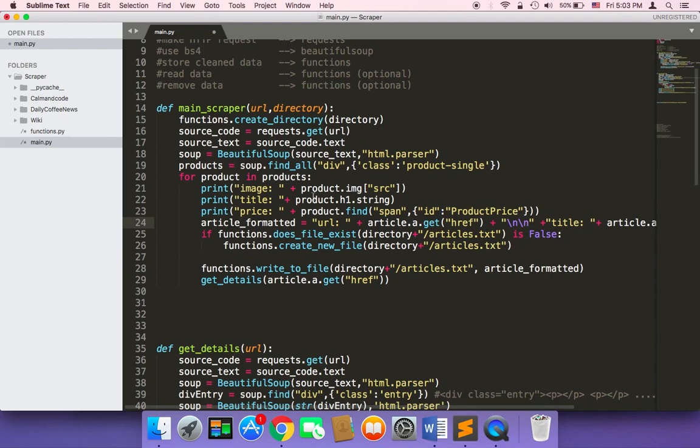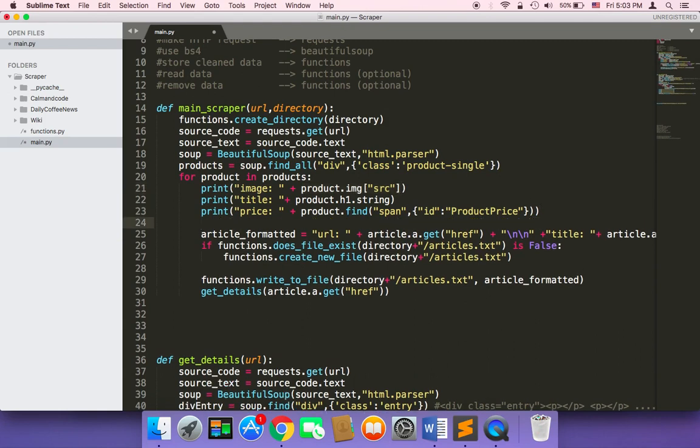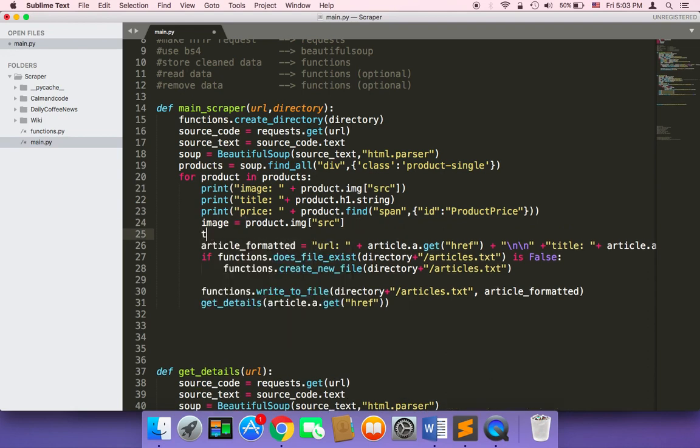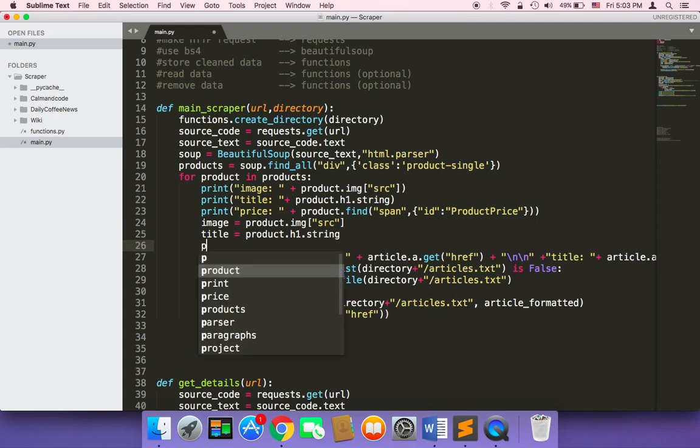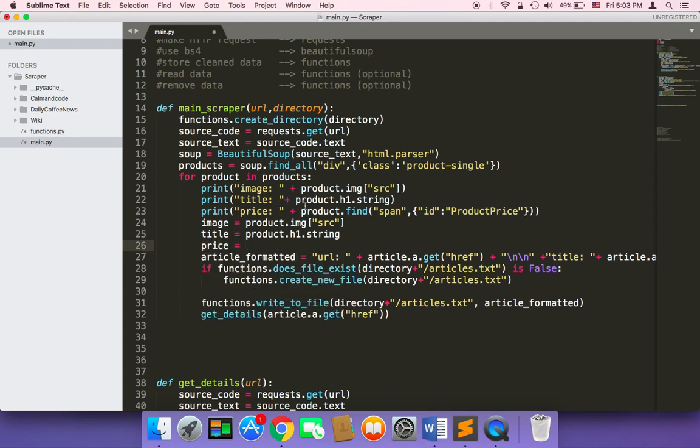And then what we want to do is store these in variables. So I'm going to copy all of them and store them in variables. I'm going to copy it and store it in a new variable called image for the image. And I'm going to do the same with the title. Title is going to be equal to this. I'm going to copy this and paste it here. And finally, we have the price. Price is going to be equal to this. But